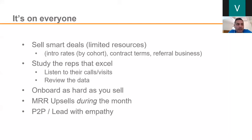And so if it's an inside sales team or inside CSR team, there's oftentimes software available where you can listen to somebody else's phone call within your organization. Listen to the phone calls of your people who are best at this. What are they saying? What are their talk tracks that are different from the talk tracks of other people that have higher churn? And then take those talk tracks and bring them to the rest of the team, right? This is, I think, something that is undervalued, underappreciated oftentimes